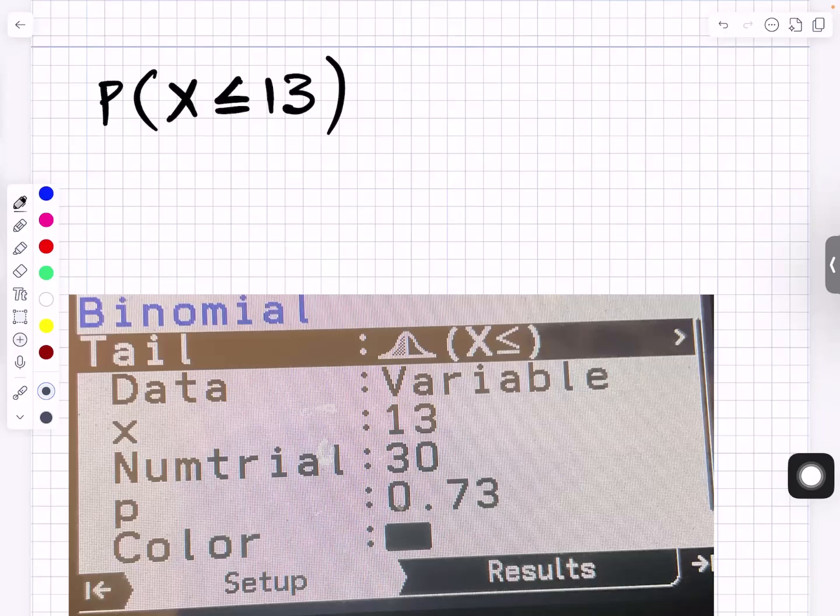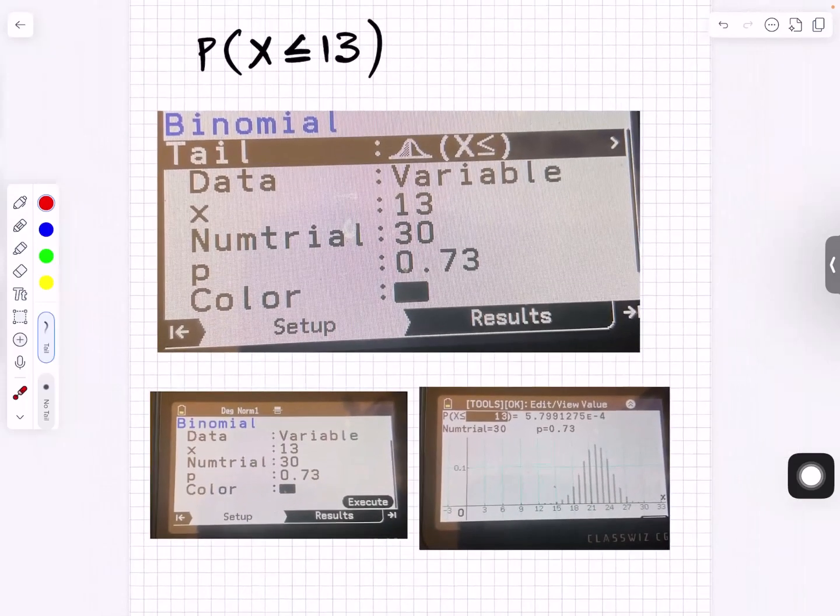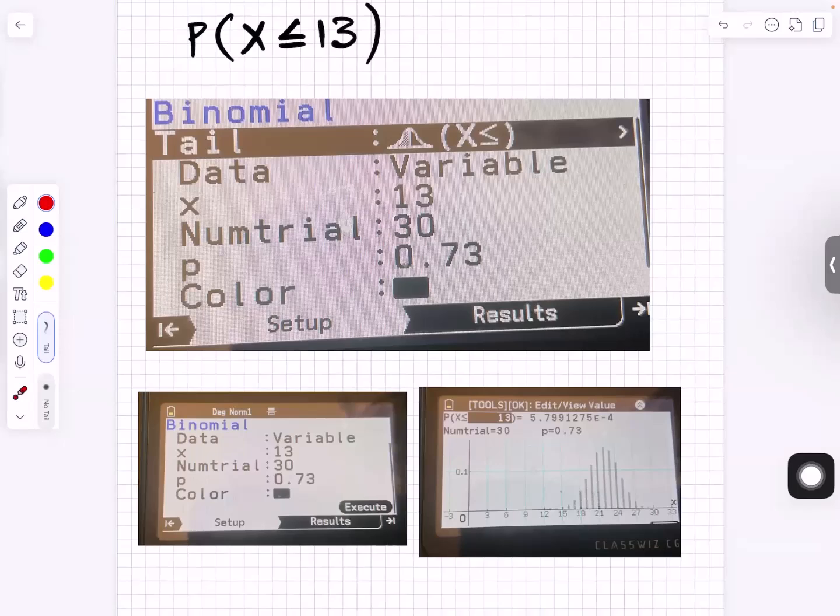So in your calculator, you would choose the option for less than or equal to. That's why it's nice to have the CG100. It makes it easier. You can see the tail. You choose x less than or equal to. Data is variable. x is 13. Number of trials is 30. And probability is 0.73. Because it's less than or equal to 13, it includes 13. So when you put that in the calculator and press execute, it will give you